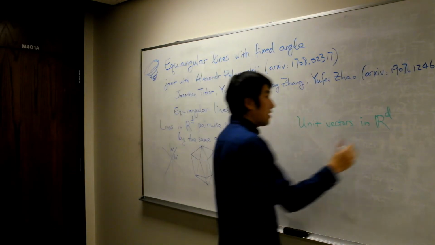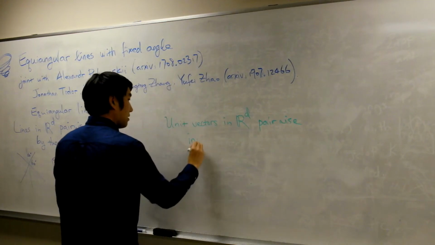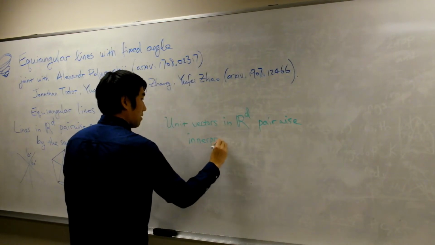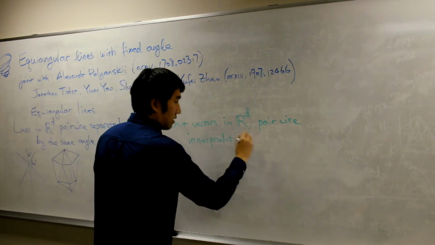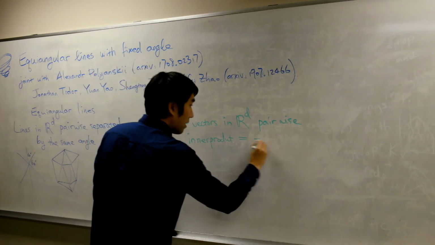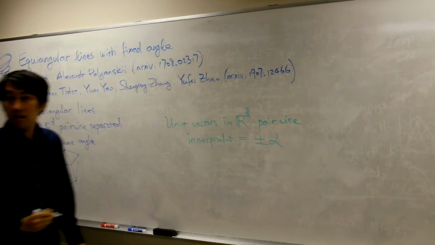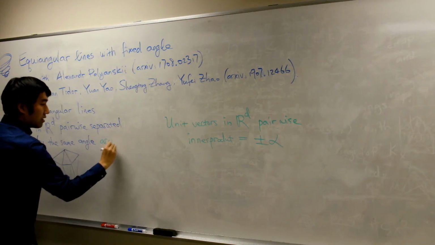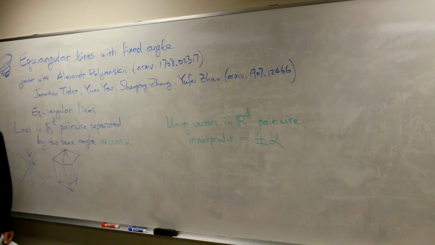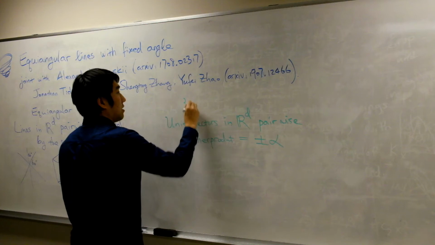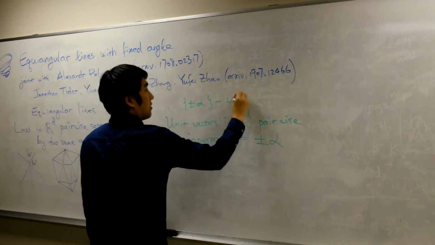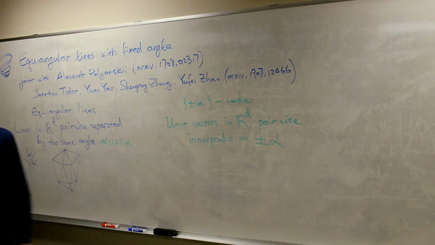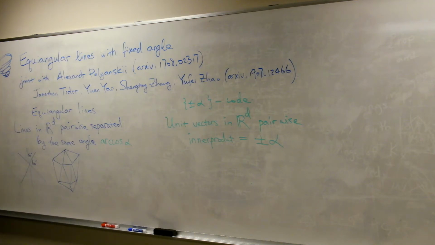Okay? So unit vectors with pairwise inner product equal to plus or minus a number. For that number, I will use plus or minus alpha. Okay, so that's the parameter. And the angle here, if I really want it, is arccosine of alpha. And for this set of unit vectors, usually they are called plus-minus spherical codes,